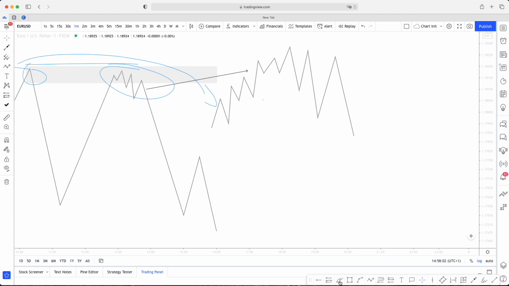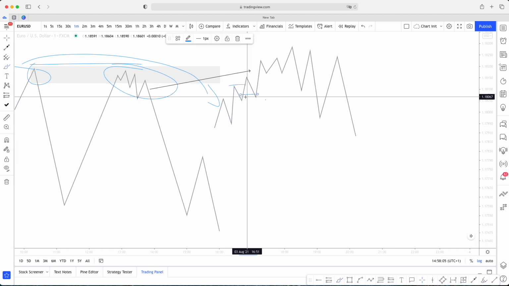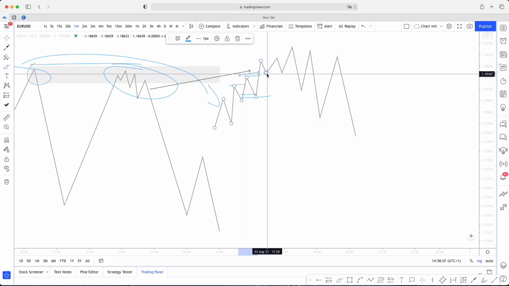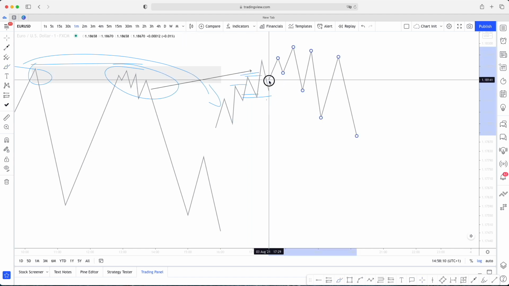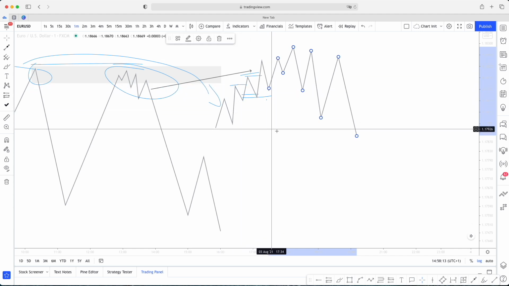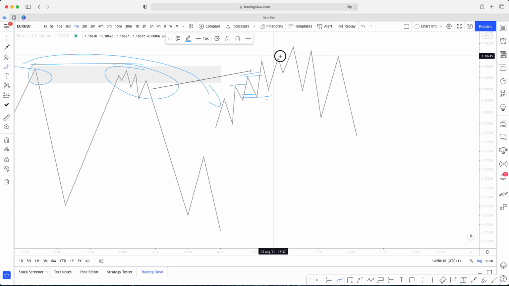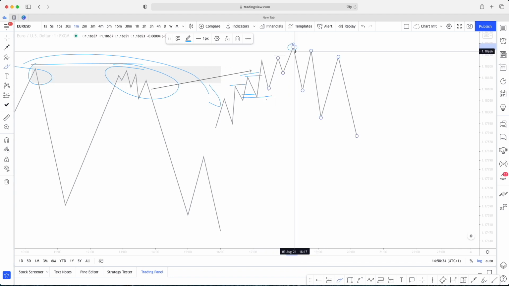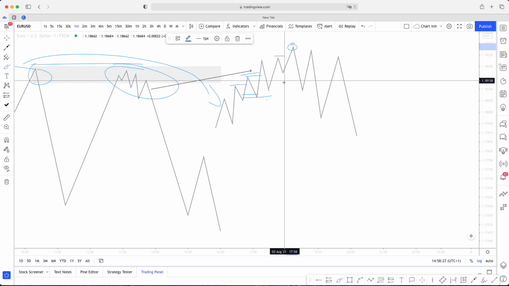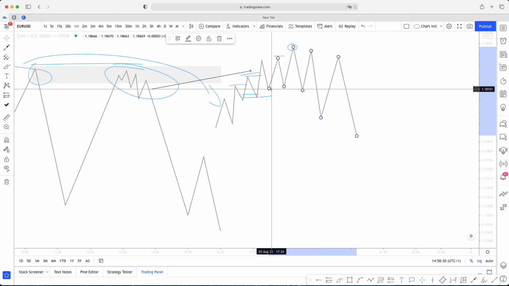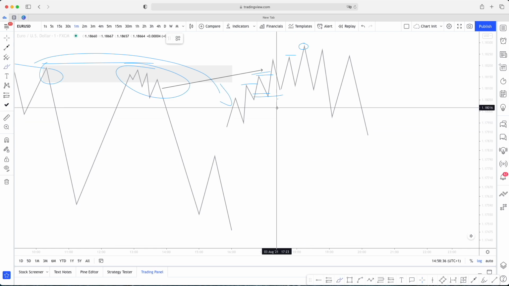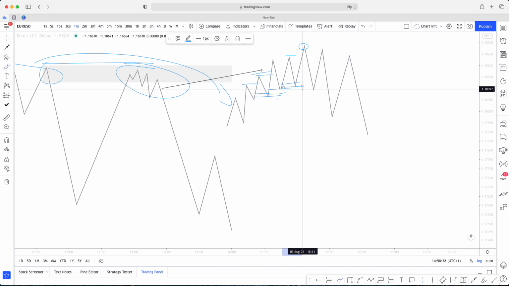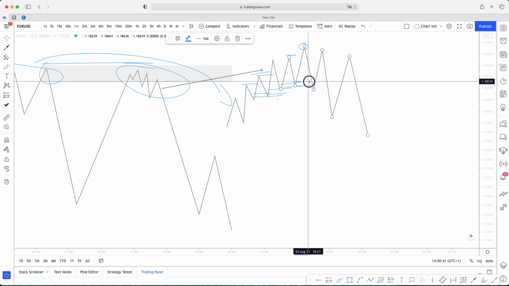In the build up to it, now I do this very badly, but what we have is breaker structures, mitigation, breaker structures. Let's just say that this mitigated that, and we have mitigation. So we obviously have bullish order flow, and then what happens is when you break the structure, as I said, you don't always get a liquidity grab, but when you do, obviously you do. But in this situation, let's make this more clear. You're trying to follow the process of the mitigation that's happening. So you have mitigation, mitigation, mitigation, and then suddenly the mitigation fails.